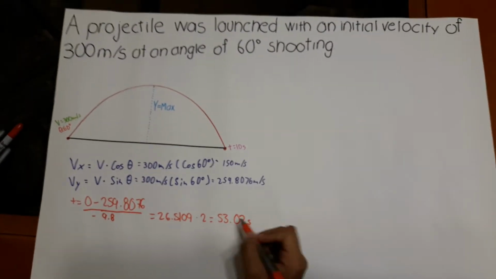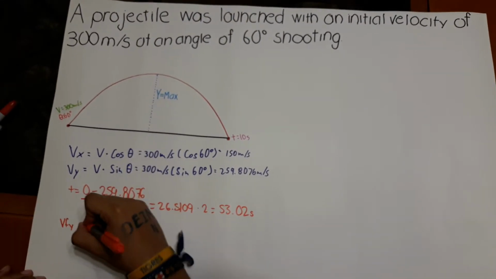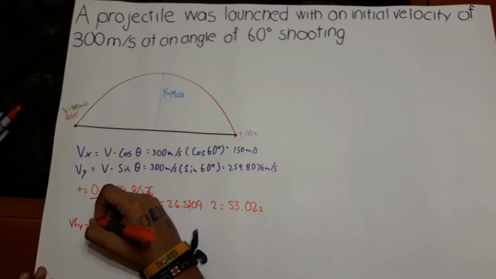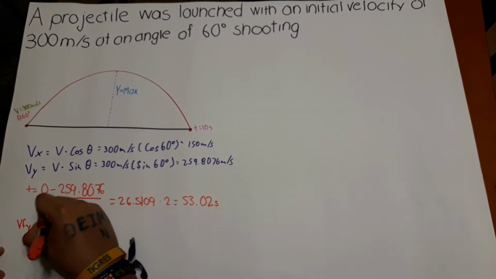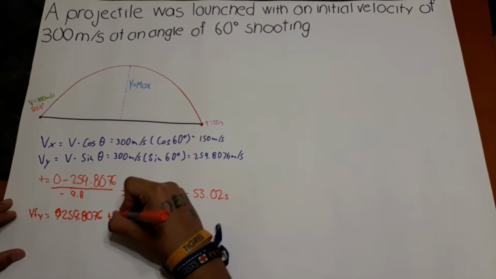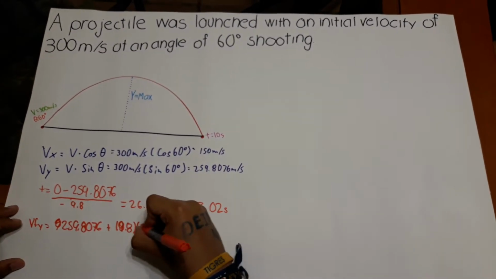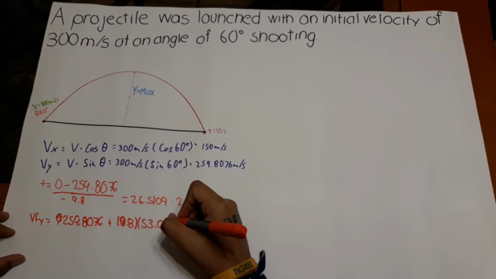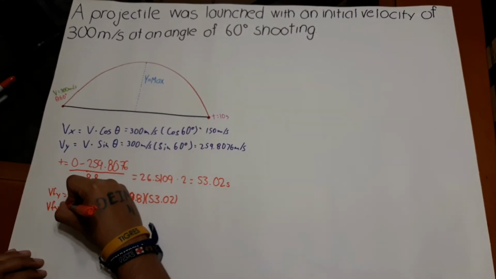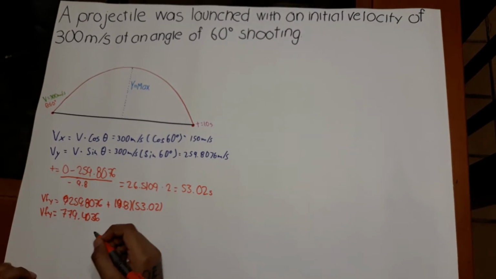seconds. Now with this time I'm going to obtain the final velocity of Vy, and I'm going to use this formula, that is initial velocity, sorry, it's not 0, it's this value, plus the gravity times this time, and the answer will be 779.4036. Now with this information we can obtain the resultant velocity